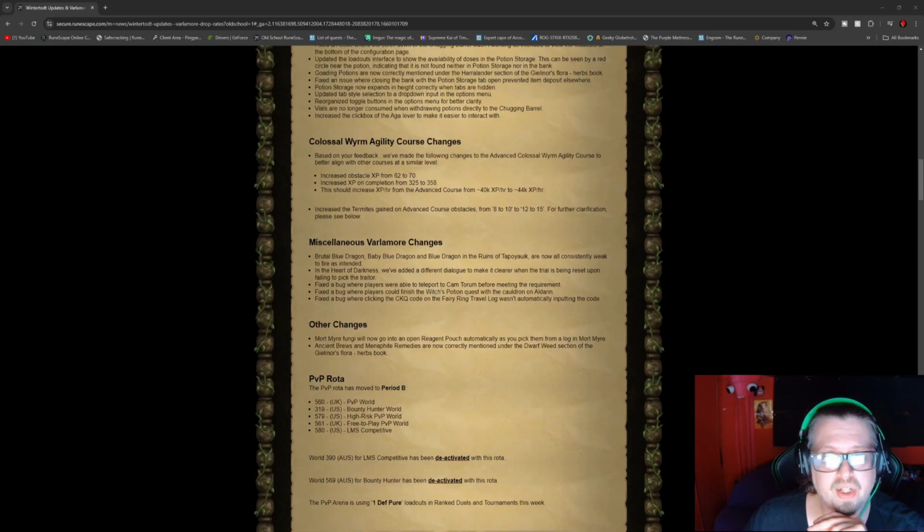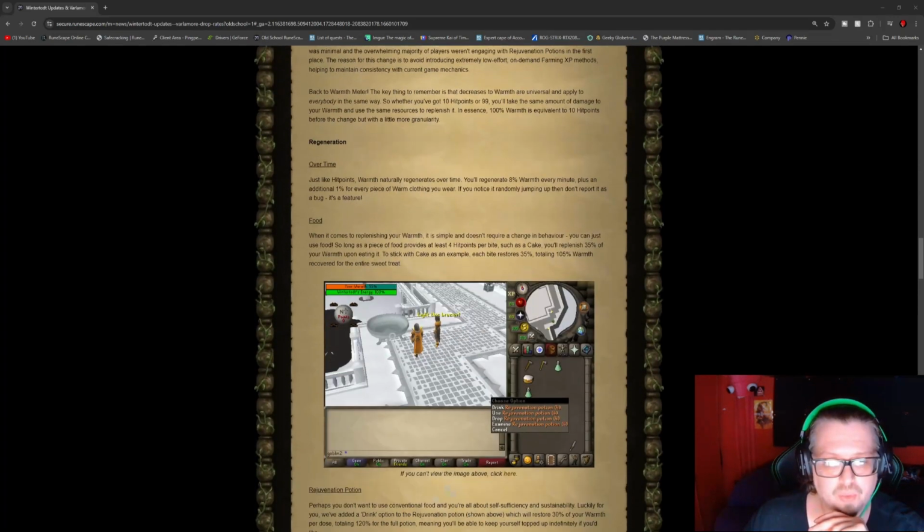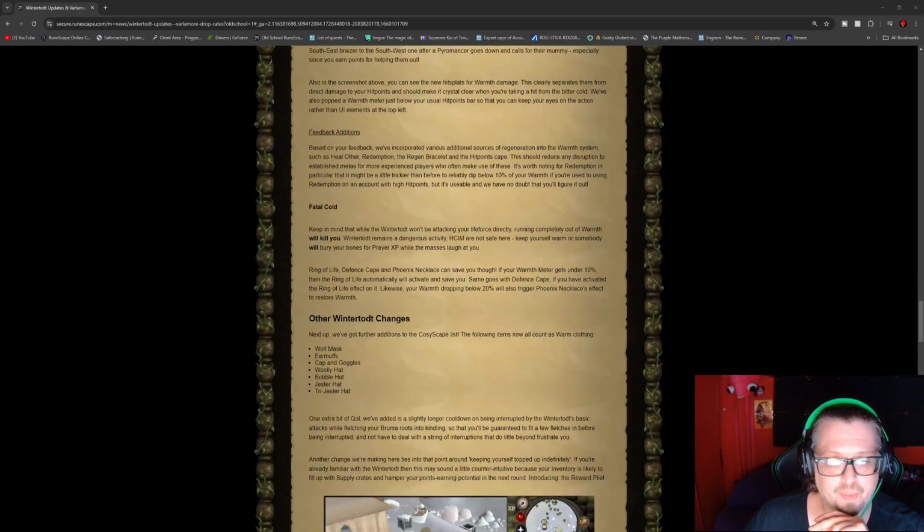Now, there was one thing that we were going to be checking out here. So let's scroll down in here and see a little bit more of the exact